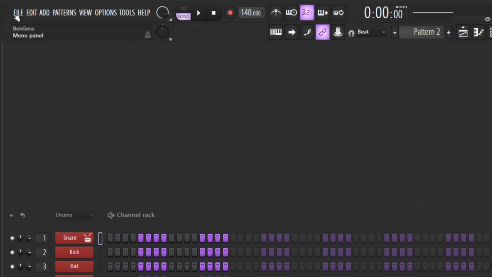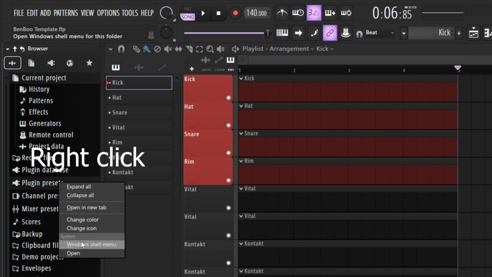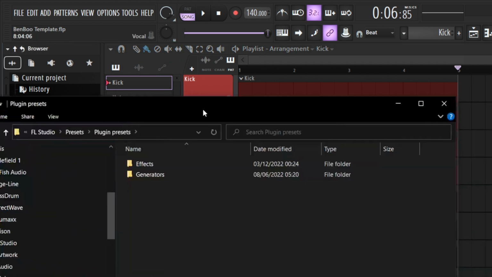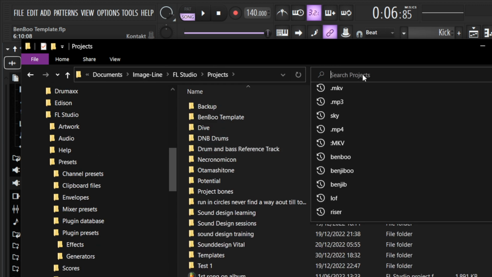The last thing we need to do is click on File, Save As, call it whatever you want, save it. And now we want to set it up so that this project file is our default template. So each and every time FL Studio opens up, our personal template is opening up as well. Therefore, we need to head over to our file directory. Click on the browser panel, open. This is opening up our file directory. We need to go to FL Studio, Projects, search for our project,